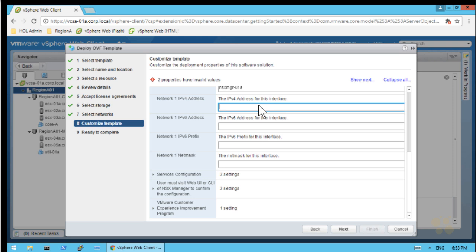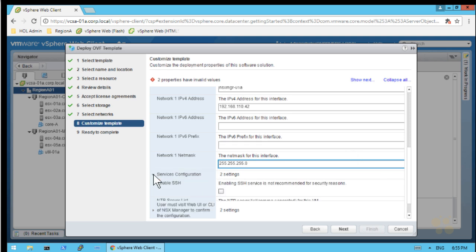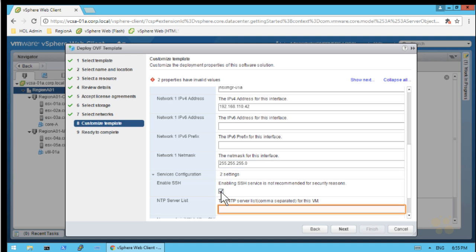And for that, we're going to put in 192.168.110.42 for the IPv4 address. And then for the network mask, we'll use a 255.255.255.0 subnet mask. We'll expand our services configuration and enable SSH support so that we can directly connect using a client such as PuTTY. And then we'll click in the blank for the NTP server and put in the IP address of our local NTP server, which is at the DNS name of